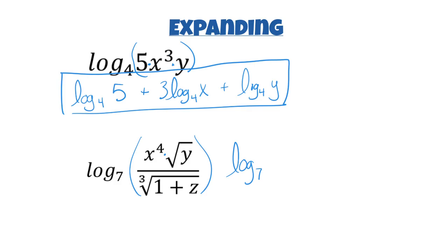I have an x to the 4th, but I'm going to pull that 4 out in front here. And then it's being multiplied, so I'm going to add. And then I have a log base 7 of a square root of y. But instead of a square root of y, I'm going to think of it as y to the 1/2. And instead of writing y to the 1/2, I'm going to put the 1/2 in front. Now I'm going to do division, so that means I have to subtract log